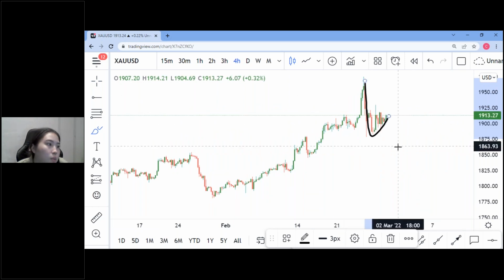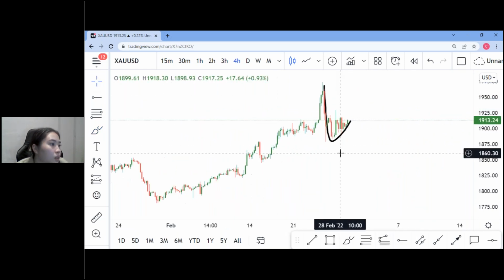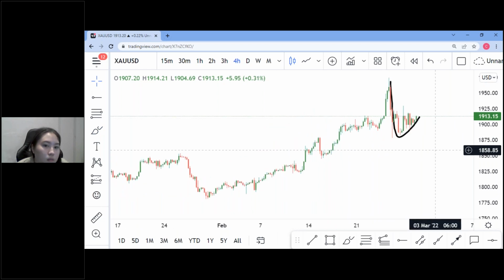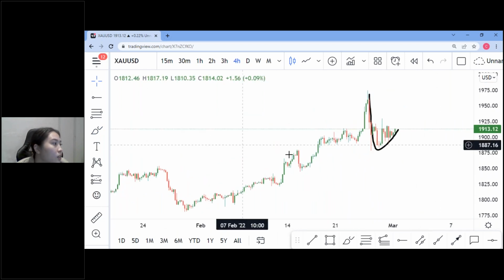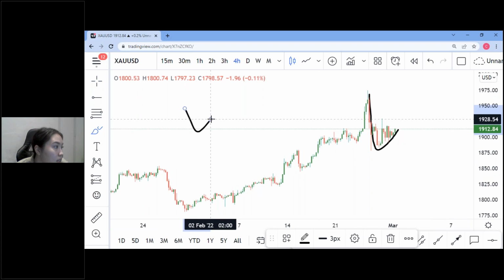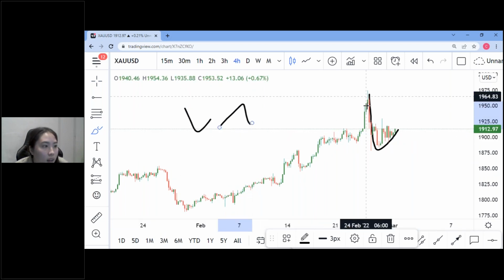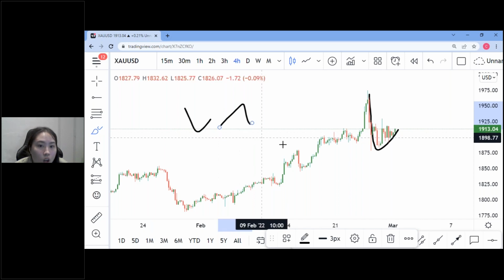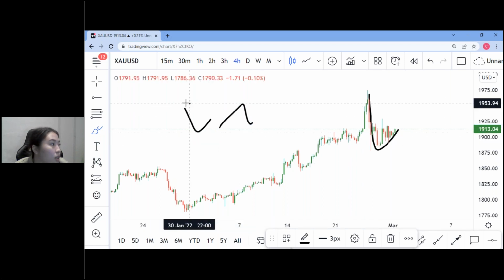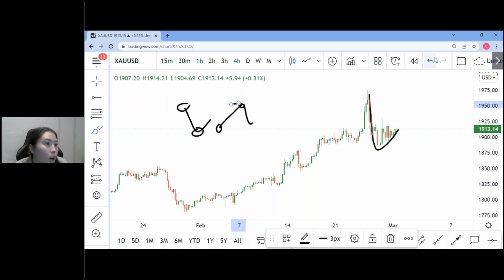Do you see this Fibonacci retracement? The Fibonacci retracement can work like this or this inversely. It doesn't matter how it works. Whatever way you draw it, inversely or not, you're gonna take the swing high to the swing low or the swing low to the swing high to plot your levels.